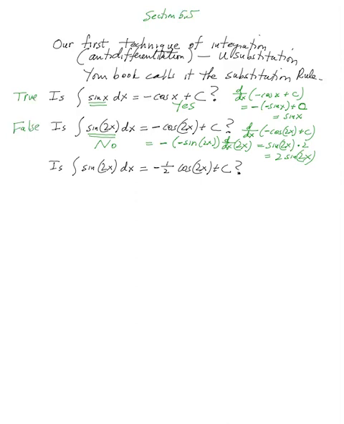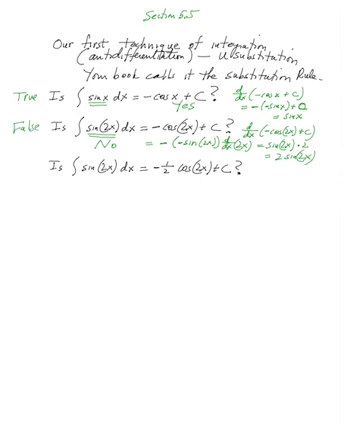When you want to anti-differentiate a composite function, unless there's some algebra you can do to get rid of the composite nature of the function, and certainly in this problem there is none of that, then the technique of U substitution or integration by substitution is helpful. And I'm going to illustrate that in just a moment. But before we do that,